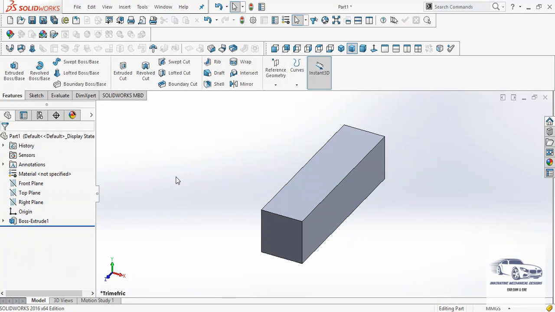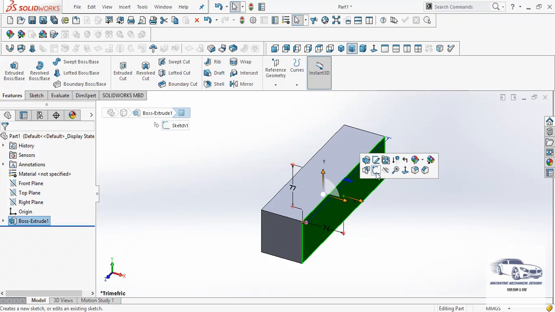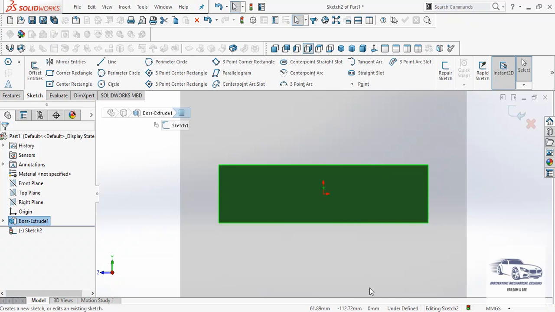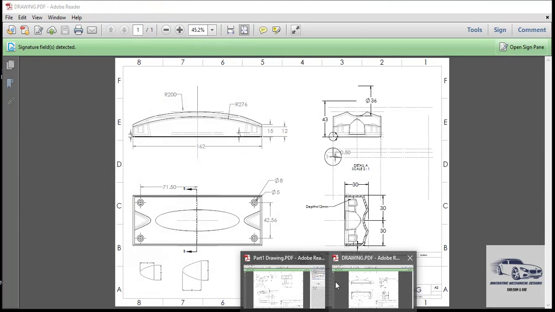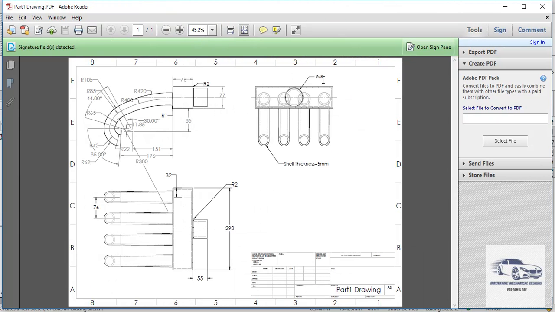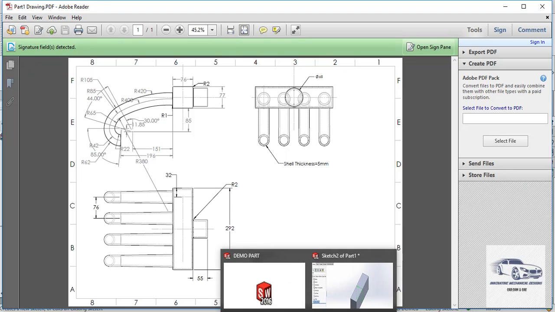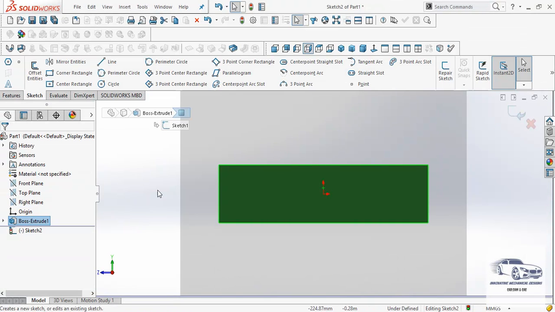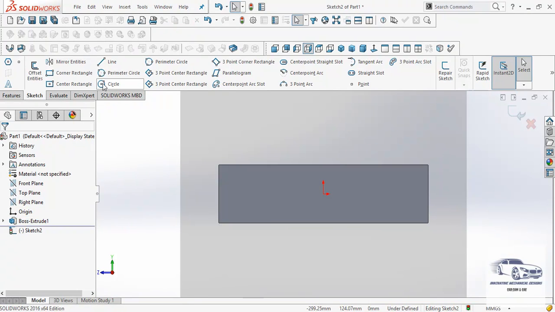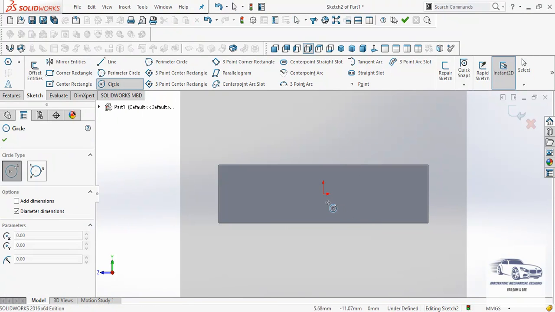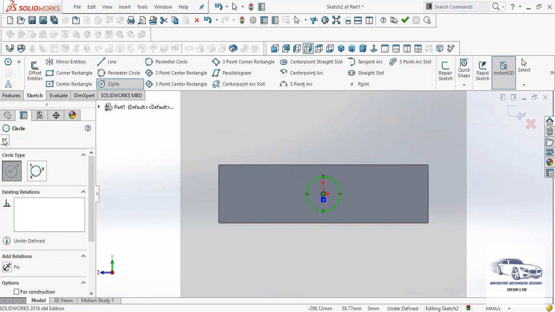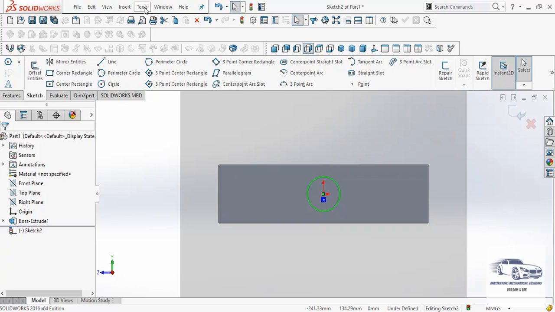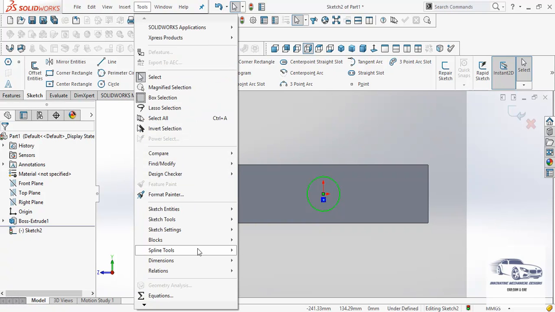Next, we have to develop a cylinder on this side face of diameter 65. So this diameter is being mentioned as 65 and depth as 55. So here I will take a circle, then we will give the dimensions.